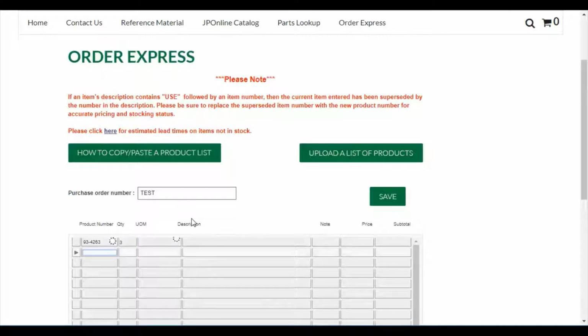Hit the Tab key again, and the description, your price, and the subtotal based on the quantity will pre-populate based on the data. As you can see, the cursor moves to row 2, and for row 2 we'll enter a part number that is superseded. Supersedures mean that the part number is no longer available, but it's been replaced with a new number from the manufacturer. We'll start by entering the superseded part number,